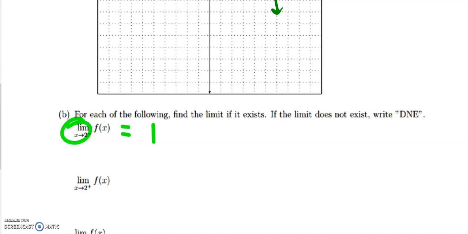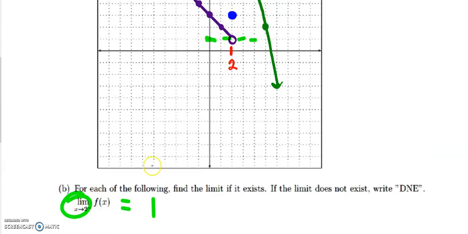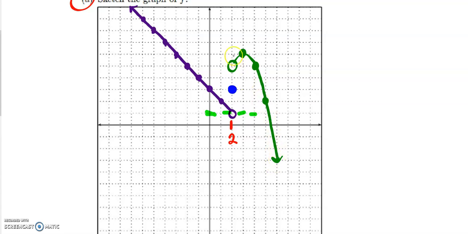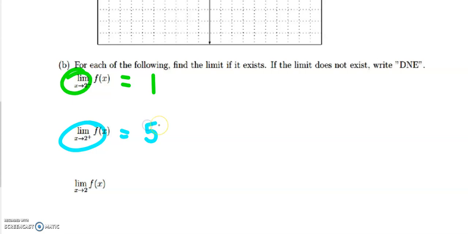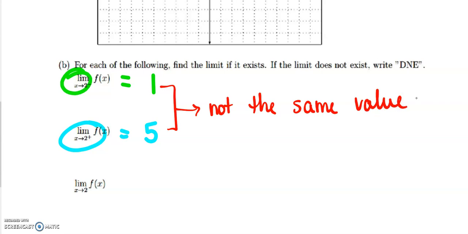Then I ignore everything else except for the right-hand side for a second, and I ask, what is this function doing? We're looking at this overall shape that's the part that's moving. From the right-hand side, it is somehow going up, coming back down, and curving, and getting closer to 1, 2, 3, 4, 5. So that limit is getting closer to 5. Okay, here's the situation. These two things are not the same value. I think we can all agree 1 is not 5. So if 1 is not 5 and 5 isn't 1, then this limit does not exist,